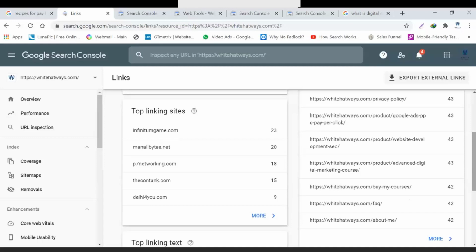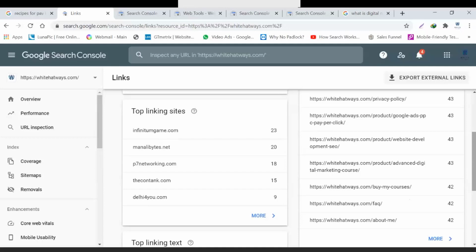So these are top linking websites which are referring their audiences to my website. They have some link onto which, when somebody clicks, lands onto my website. And that is why they are also known as linking websites, because they are linking to me, they are diverting their audiences onto my website.